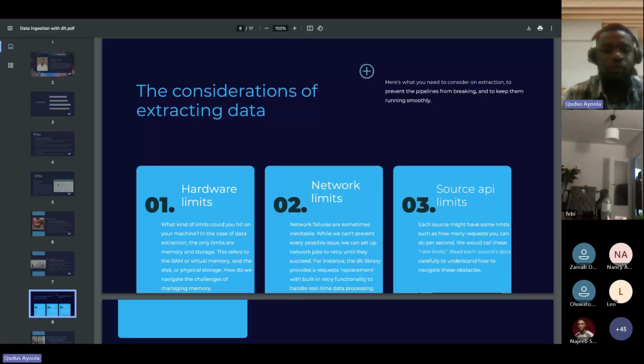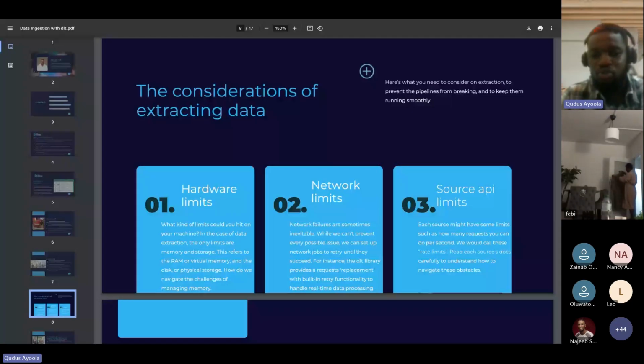DLT as a library can provide you with a request replacement whereby there is inbuilt retry functionality for you to handle such cases. So whenever you can't access that data and you are getting a network limit, DLT can help you retry that query or retry that script in order to fetch the data you need.